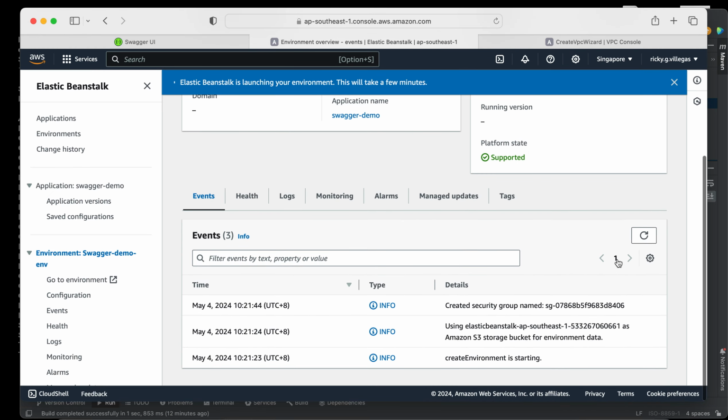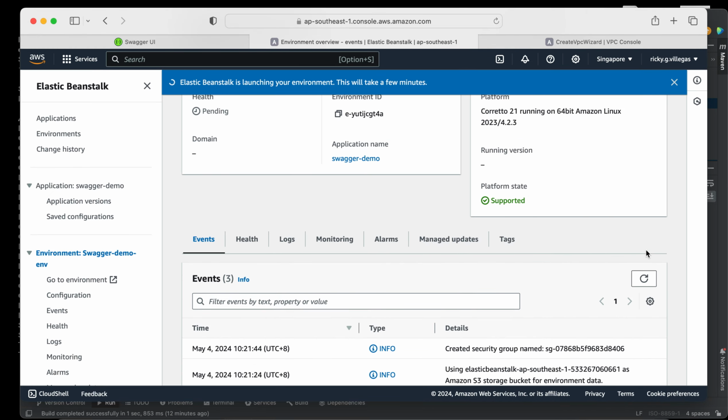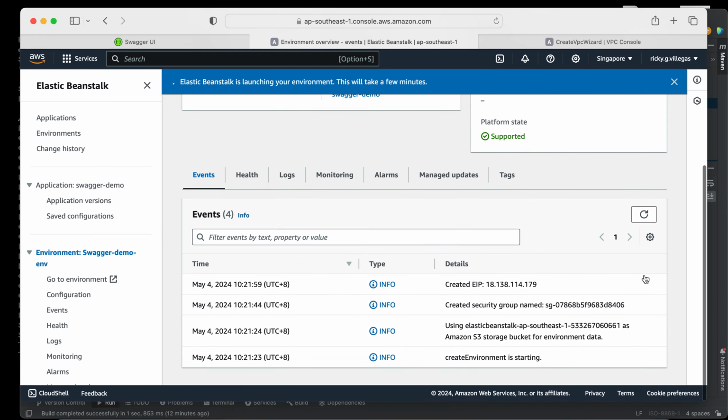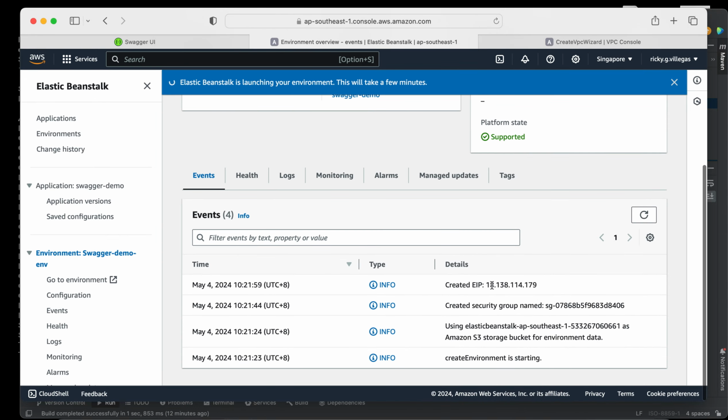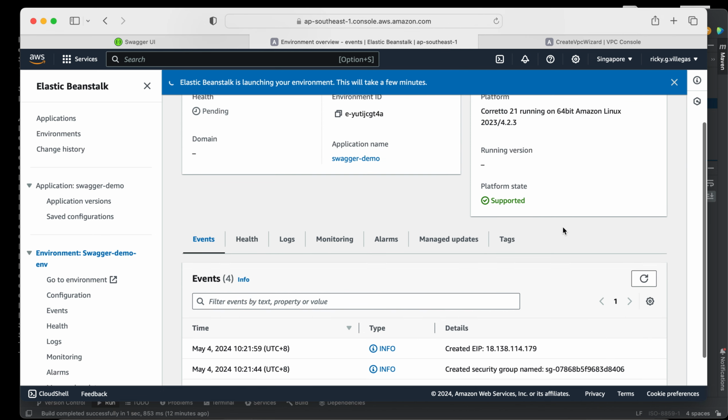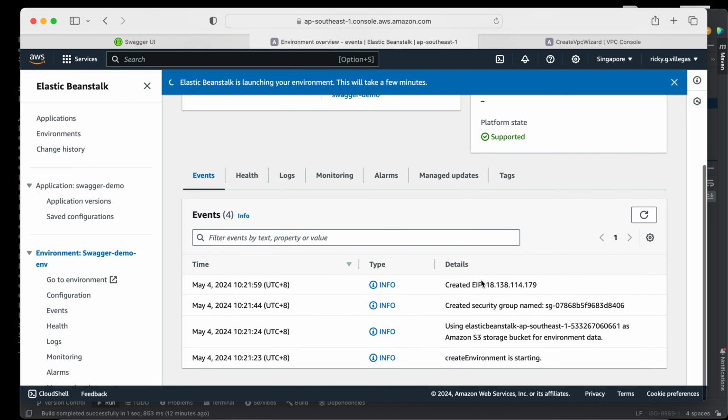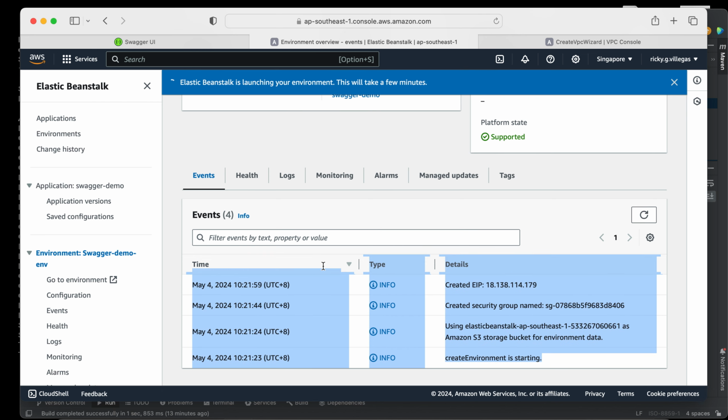And an IP is created. Basically we don't need to know these details, but this is what the AWS cloud service is doing under the hood. From our end, we don't really care about this.